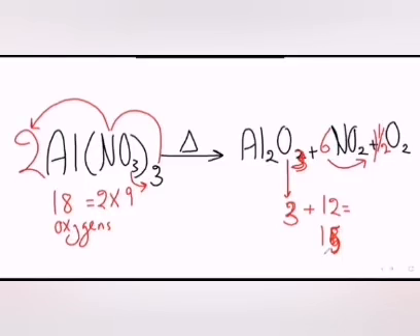So if you have this equation and you don't want to leave the oxygen balanced with a fraction, simply multiply it all by 2. So you will have 4 aluminum nitrates and 2 aluminum oxides and 12 nitrogen dioxide and 3 oxygen. Then that's okay. So you can leave it as a fraction or you can simply multiply it by 2. One of the equations